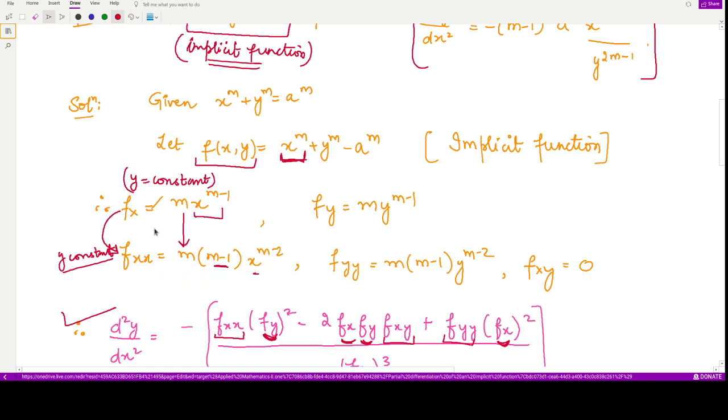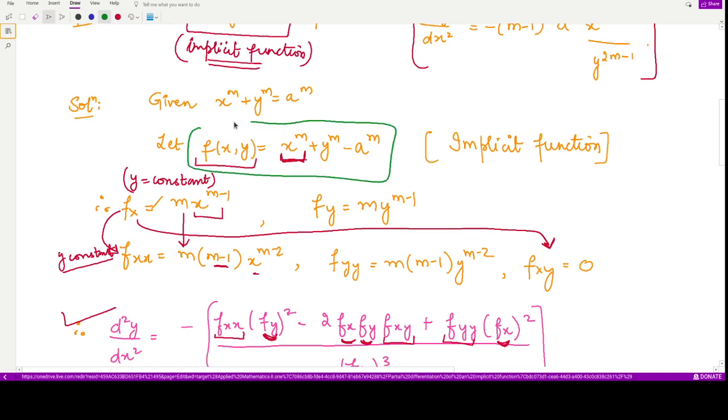And when you differentiate this function f of x partially with respect to y, because there is no y term, this term f of xy would be 0. And again for the computation of f of y, you will differentiate this function f of xy with respect to y. So here you will only perform the derivative of this particular term, because this term does not contain y, and similarly this term also does not contain y.